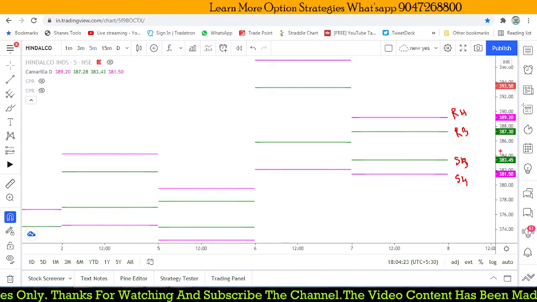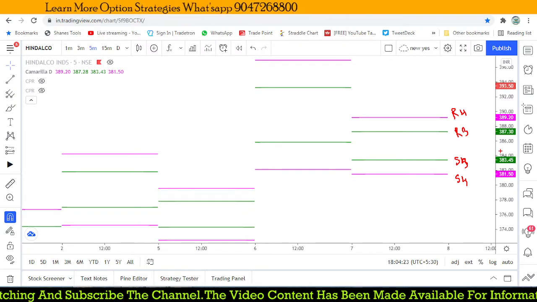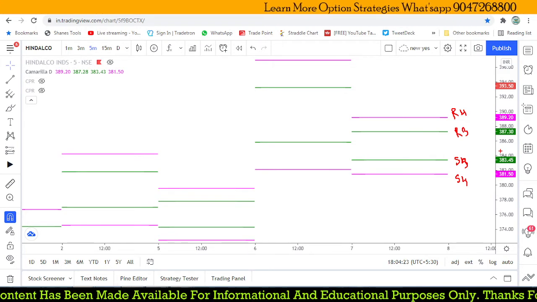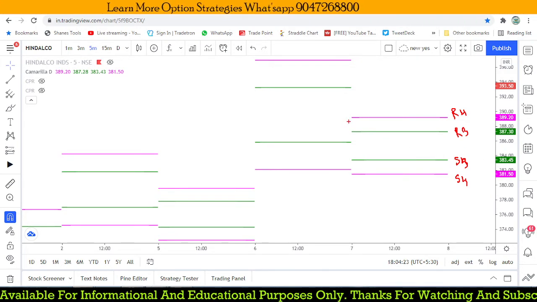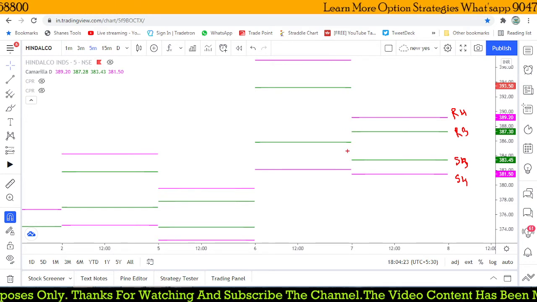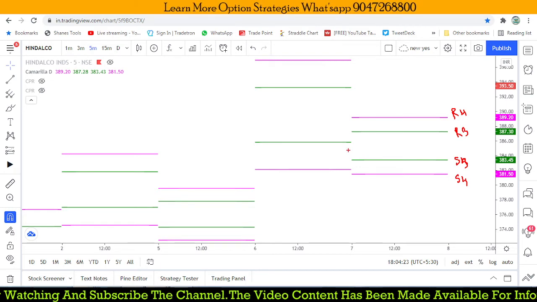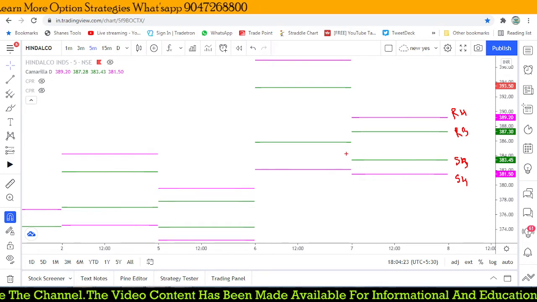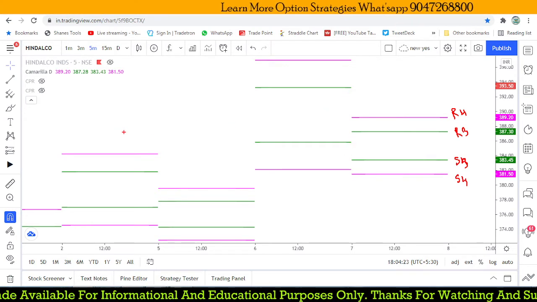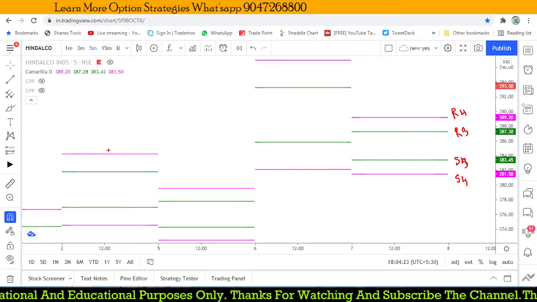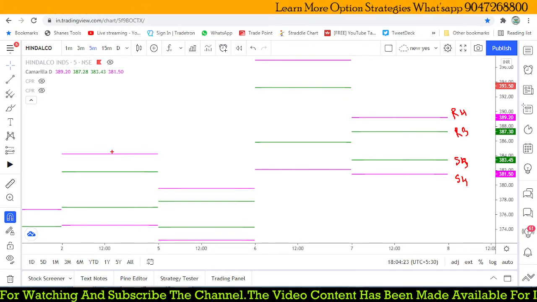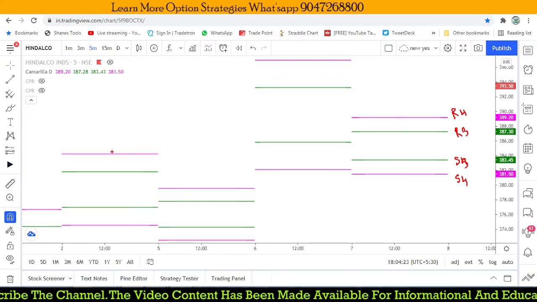These levels are very important because the market can react at these levels. According to the previous day's range, we combine it with today's range and find some trade ideas, or find out what the trend is today. According to the previous day, we see four kinds of patterns: inside value, outside value, lower value and higher value. These are very important levels.